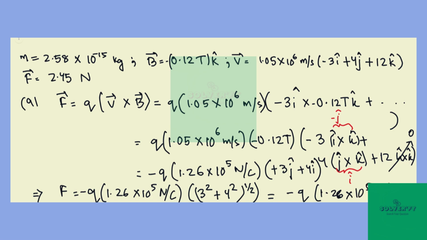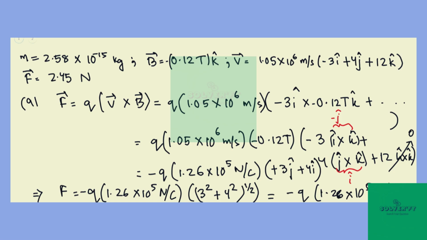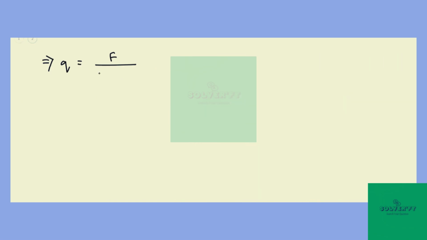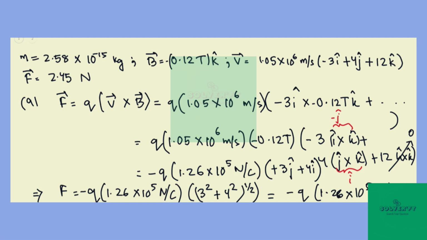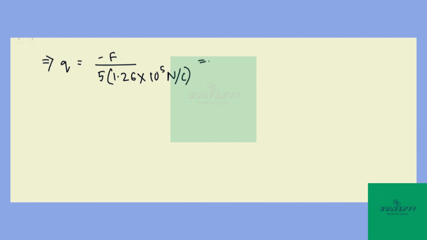coulomb times 5. So from here we can find the charge, which is going to be force over this factor. So that will be 5 times 1.26 times 10 to the power 5 Newton per coulomb, and there's a negative sign. And we get the magnitude of charge to be negative 3.89 times 10 to the power minus 6 coulomb. Now for the second part,